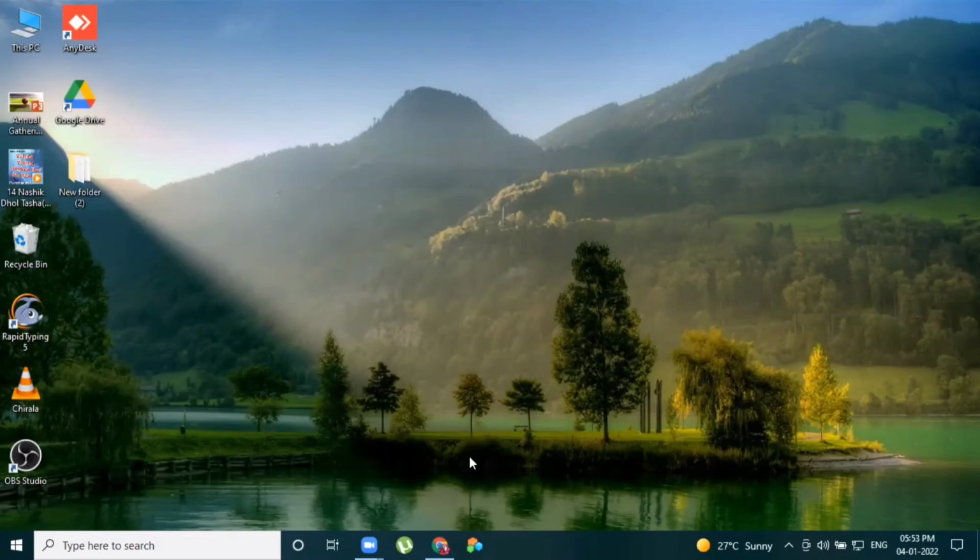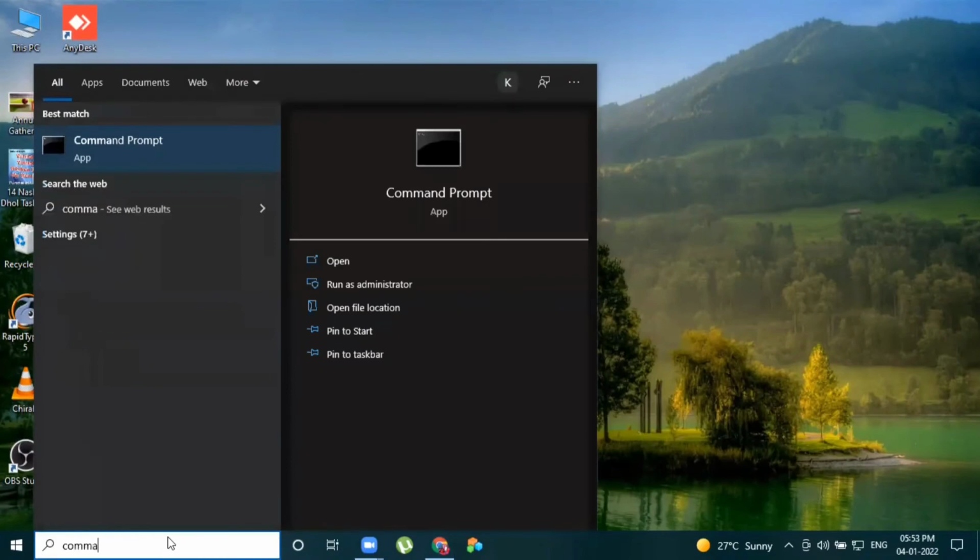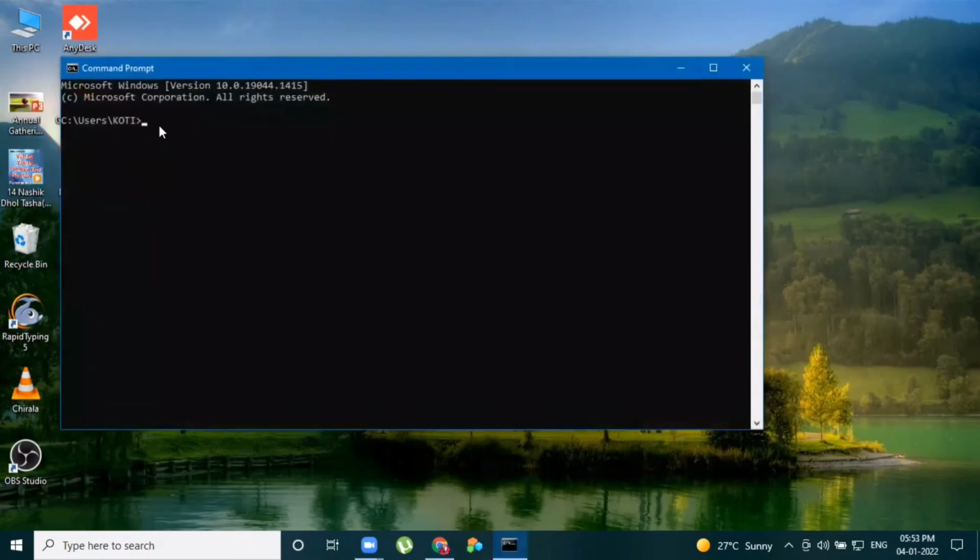Then the another method which I'm going to show you to recover your data, you just in the search box, you just type command prompt, and you can see you need to open the command prompt. Just click on command prompt, and here you need to type the drive name, that is H drive, colon, and just enter. And you need to type attrib,